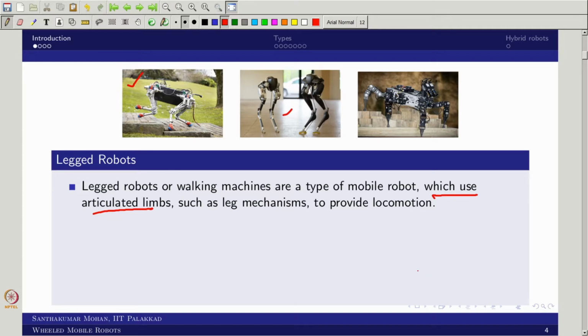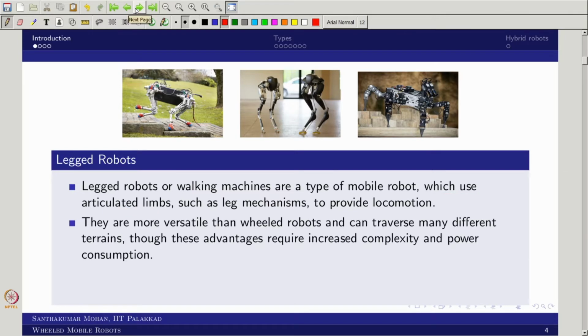Now what one can see in the picture itself is that where wheeled locomotion is not possible, there you can easily apply legs. For example, applying wheeled locomotion to staircase climbing is very difficult, right? And imagine a very smooth surface, here also it is very difficult. And here you can see it is on a construction site. So the legged robot is a naturally inspired system, but it has some advantages and some cons, or limitations. That is what we are trying to address here.